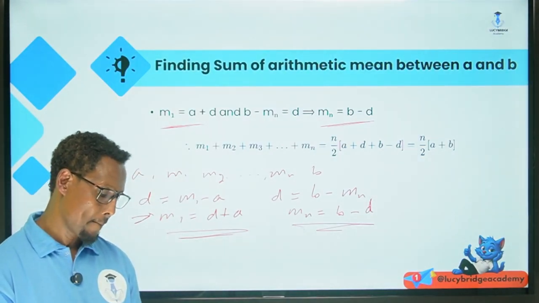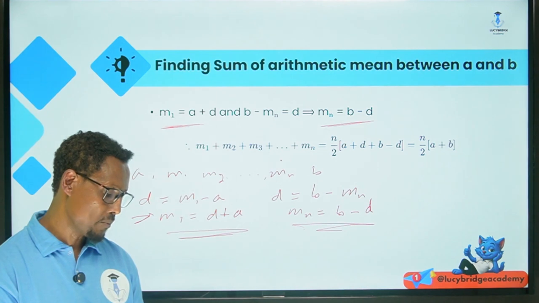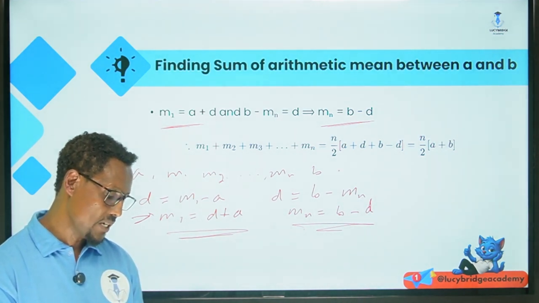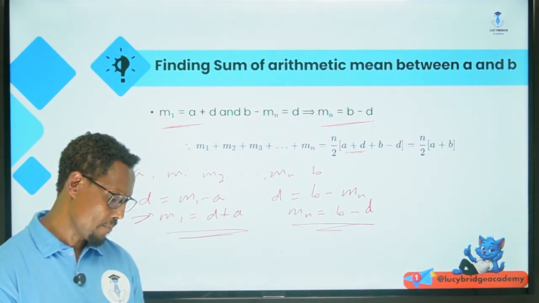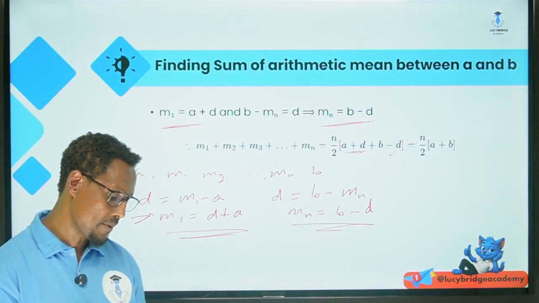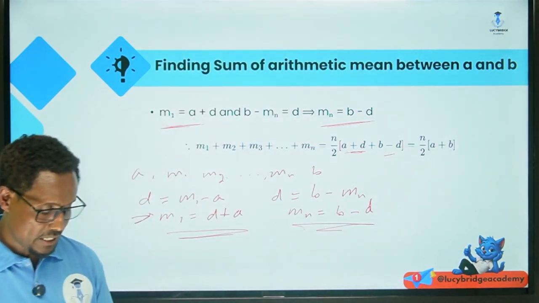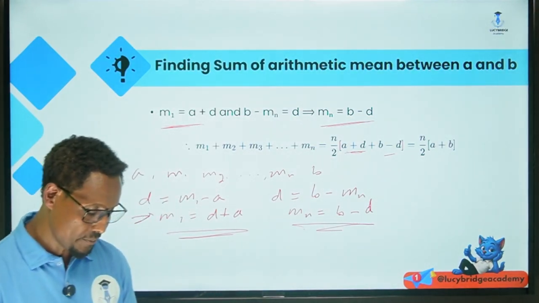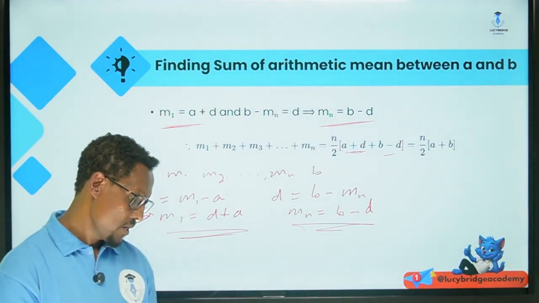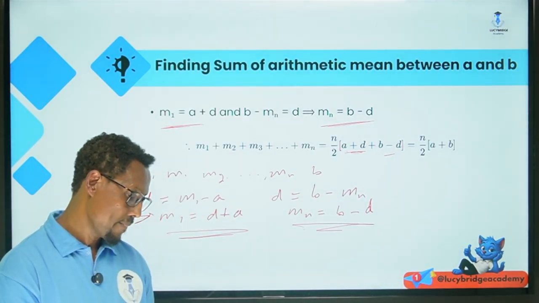Okay, therefore m1 plus m2 plus up to mn is n over 2. In place of m1 we substitute d plus a, or a plus d, and in place of mn we substitute b minus d, and we make it n over 2 times a plus b. Okay, or let me show you. Okay,